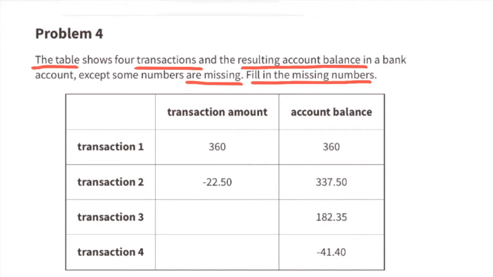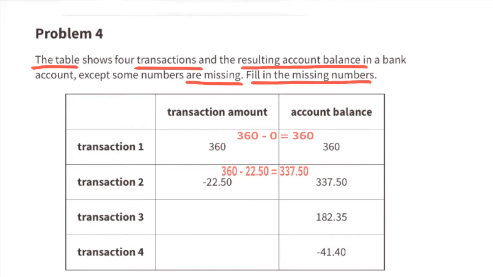Problem number 4. The table shows 4 transactions and the resulting account balance in a bank account, except some numbers are missing. Fill in the missing numbers. We could say that for the first transaction they started with 0 and they put in $360, or we can say that they started with $360 and withdrew $0. Either way, the account balance is $360. The second transaction, they withdraw $22.50. That means we need to subtract $22.50 from $360. That leaves us with the new account balance at